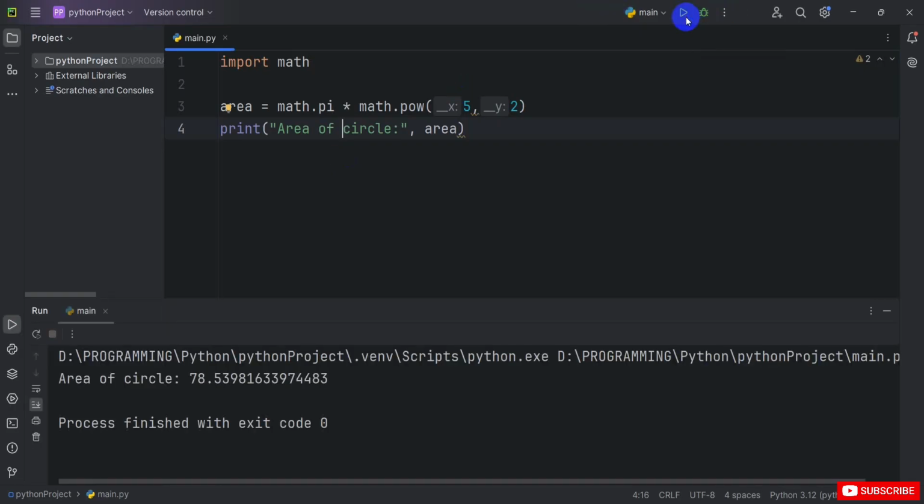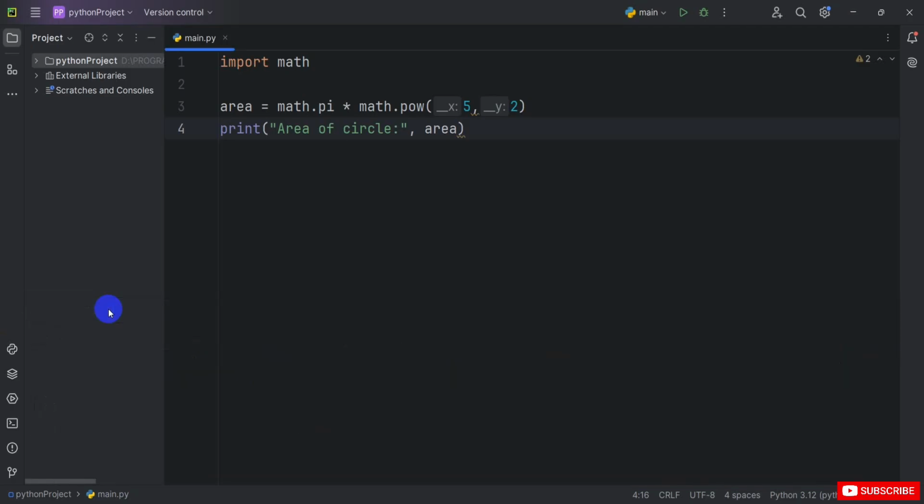As you can see here, the output for the area of the circle is 78.53. I hope you understand this simple example with its output. That's it for this tutorial topic, where I created functions and modules,